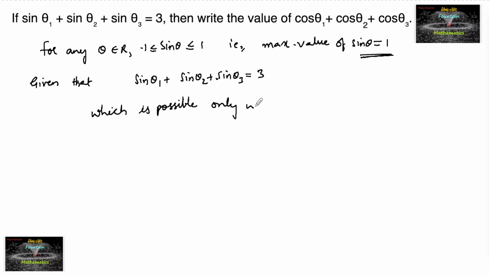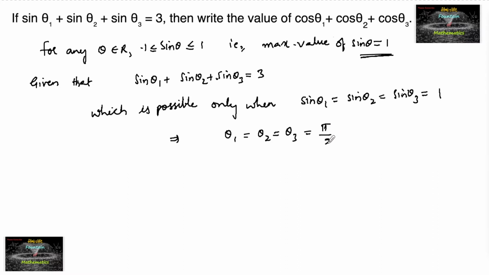only when each of sin θ1, sin θ2 and sin θ3, all the three must be equal to 1. That implies θ1 is equal to θ2 is equal to θ3 is equal to pi by 2. Sin pi by 2 is 1. So therefore